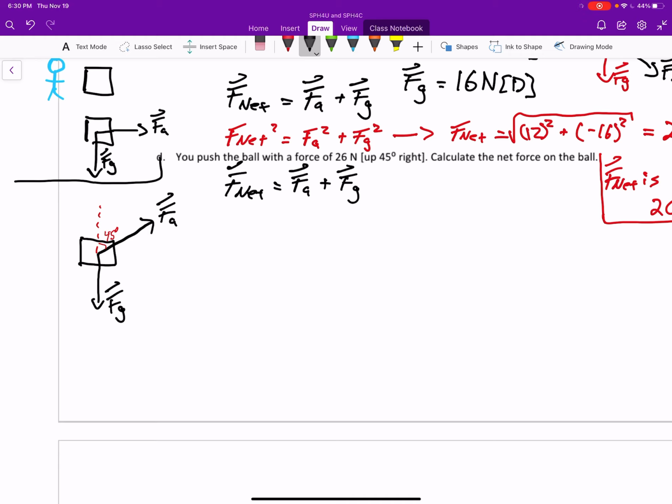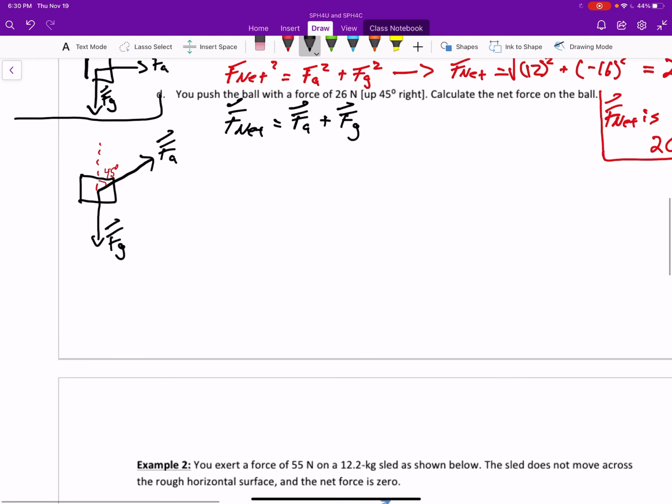But what we'll need to do is separate our applied force into its components, right? And we'll just add all of the components in the same direction together, and then whatever is left over, we can then use with our components in the other direction, and then again, our Pythagorean theorem to help find it. So drawing a triangle for the applied force, on this side now, we see that the applied force goes up and to the right,